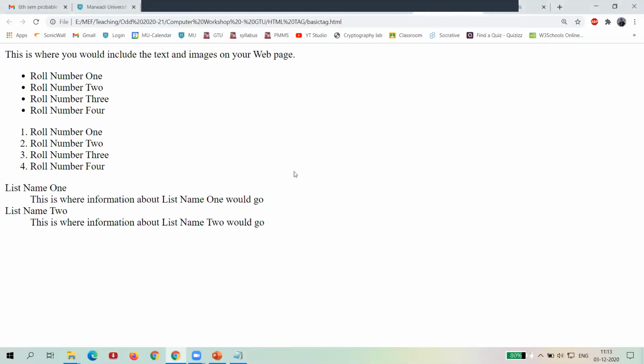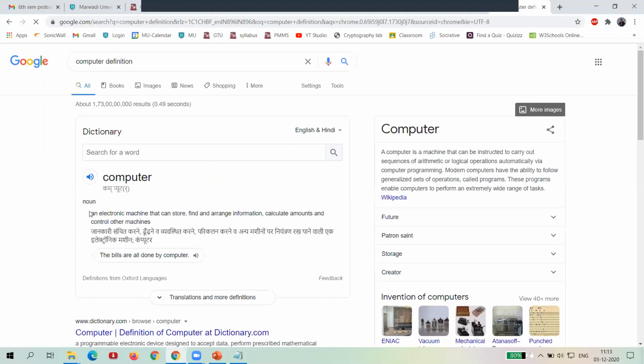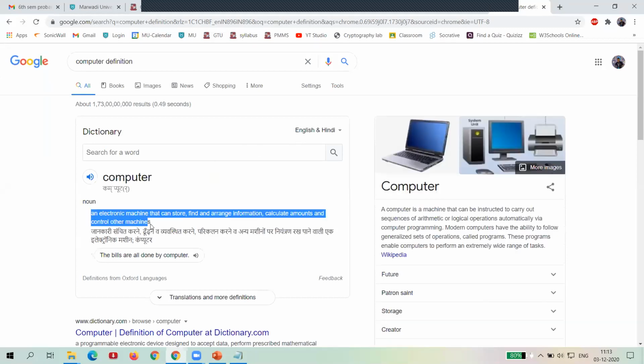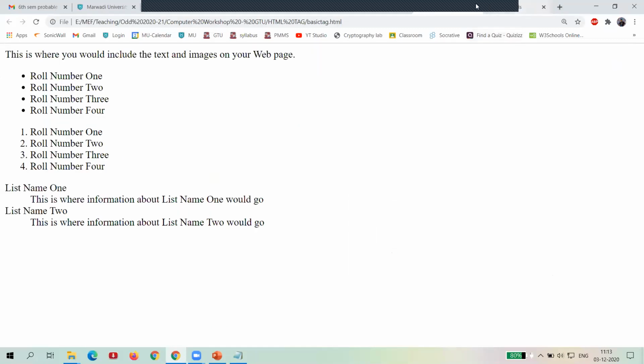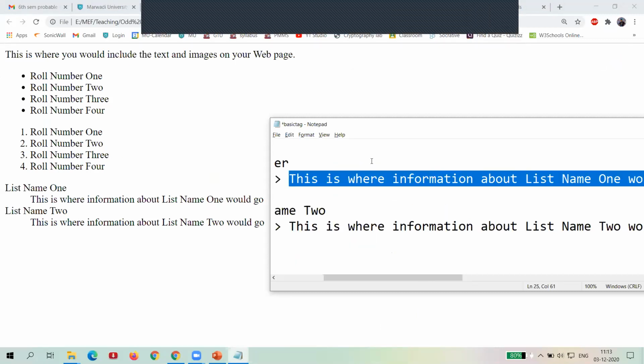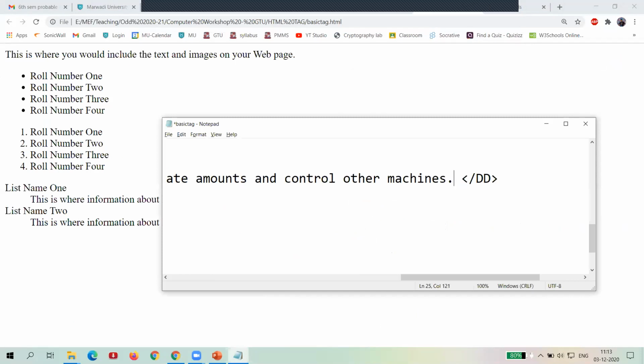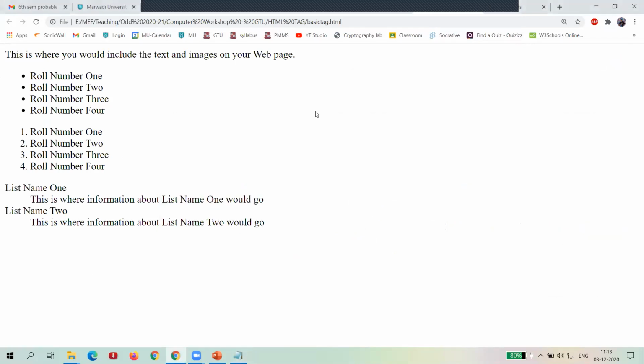So let's go for a real-time example of how definitions look. Like I have to represent computer definitions. So here I write down first of all computer, and then the description. Let's take it for output.